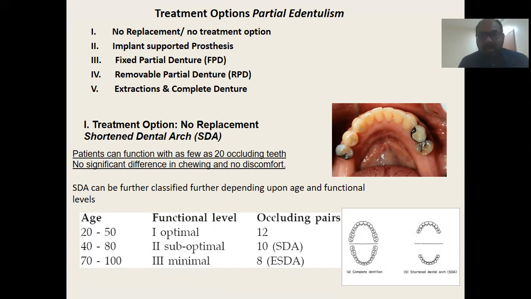So the treatment plan we formulate is like a map by which we are going to arrive at a destination. The prosthesis is supported by the tissues over which it is going to lie, but it is also retained and supported by certain remaining teeth.